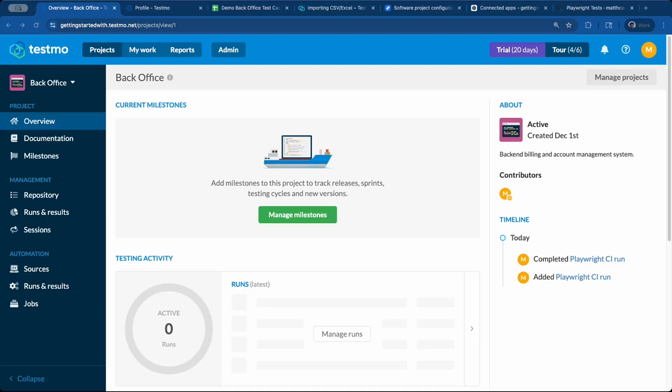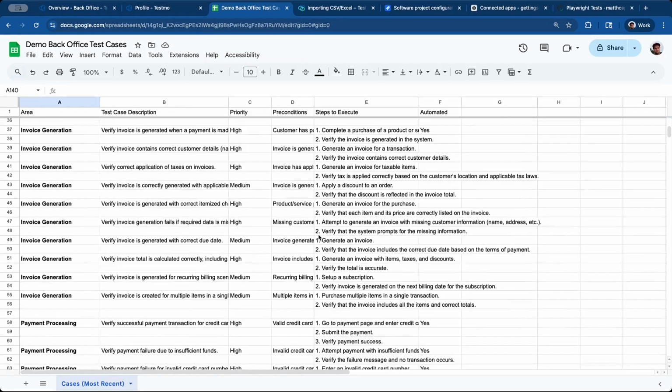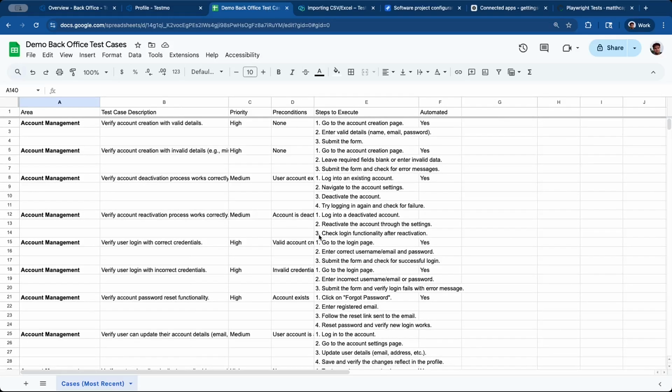We have a full video about how to import test cases from CSV or Google Sheets in another video that we'll link in the description as well, but we'll give a quick overview of that right now. Let's say, for example, here I have a list of test cases, just example test cases that I may have already been using for my